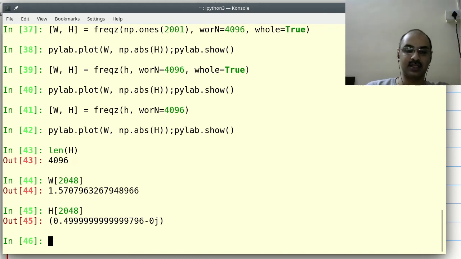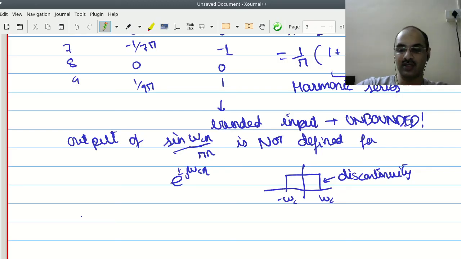So what is the importance of the ideal low pass filter? The ideal low pass filter offers you a template. As you have seen in your homework, it offers you a template using which you can construct other filters. You can also construct many practical low pass filters using the ideal low pass filter. That is something we will see when we discuss filter design. And you can also convert low pass filters to band pass filters, high pass filters using some simple transformations. And basically it serves as a neat template.